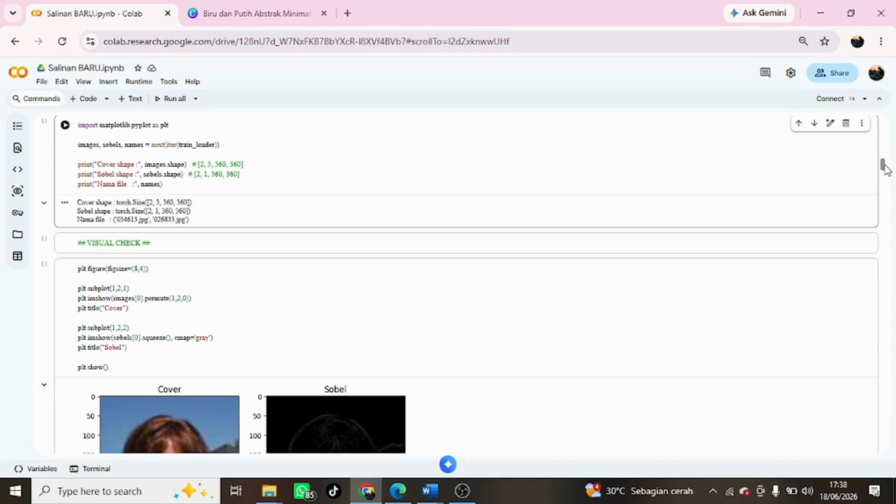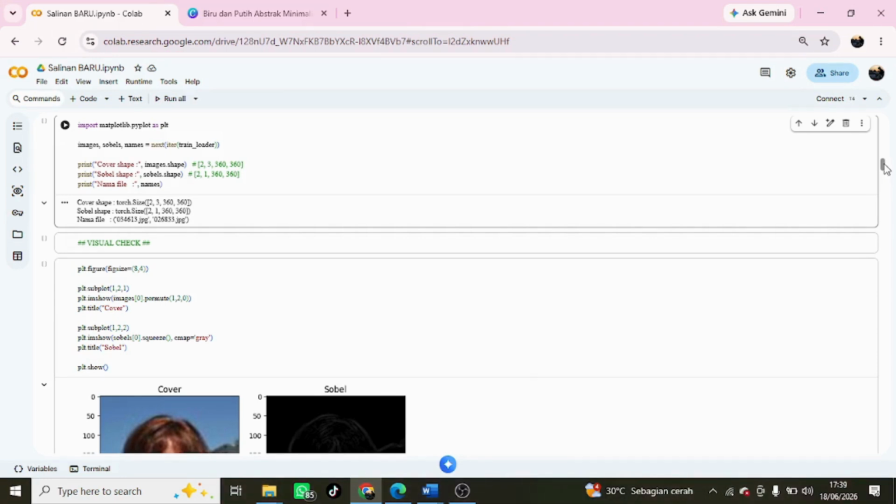Next, the data dimensions were checked. The results show that the cover image has a tensor size of 2, 3, 360, and 360. This dimension indicates that there are 2 images in a single batch.